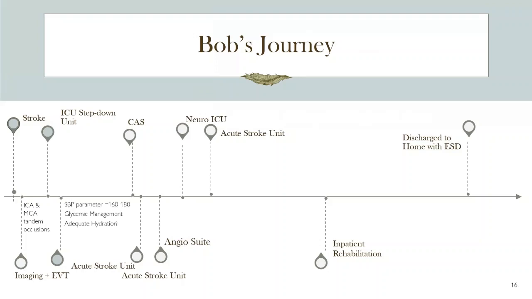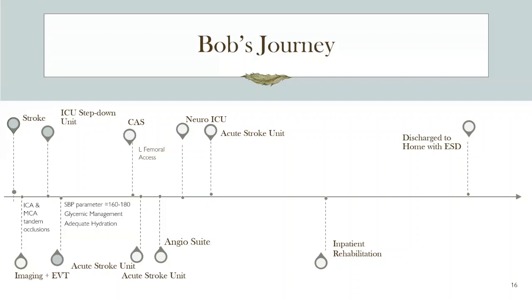So in the interim, the stroke team placed the following orders: neurovitals and vitals every 4 hours, very strict blood pressure parameters to keep his systolic blood pressure between 160 to 180, adequate glycemic management, so wanting to keep his blood sugars between 4 and 7, and adequate hydration status. So his apixaban was held before going for the stent procedure, and he had no interprocedural complications in the IR